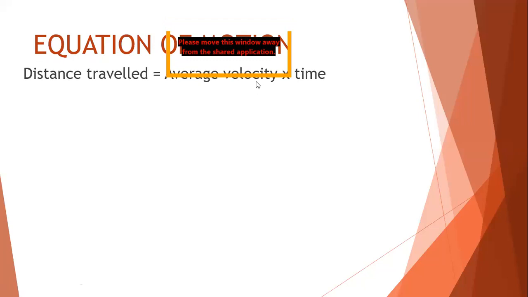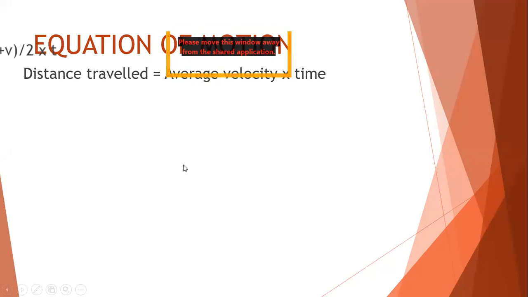But try to understand our motion. Our motion is accelerated motion, which means the object is not moving with constant speed. The speed of the object is changing. So we take the average of the speed. Since the speed is not uniform, we take the average of that speed. When we take the average of the speed, distance traveled is equal to average speed into time. So remember, it's average speed into time.